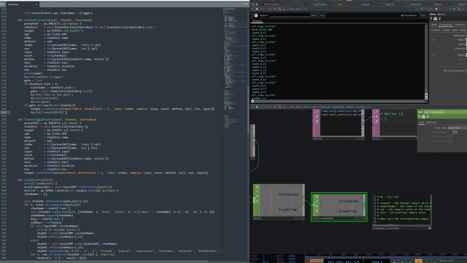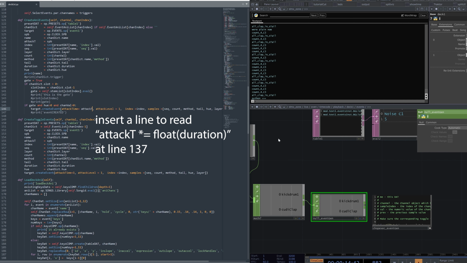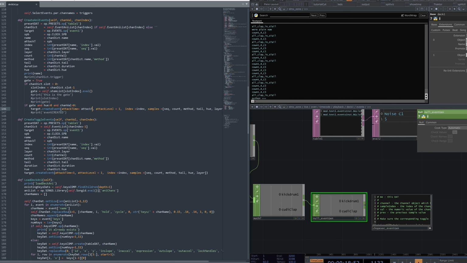We do have an error in this script as I was recording it, where we are receiving the duration of each event as a string and we are trying to multiply it by a float. So in order for this to work properly, we want to multiply float by float and convert our duration string into a float.